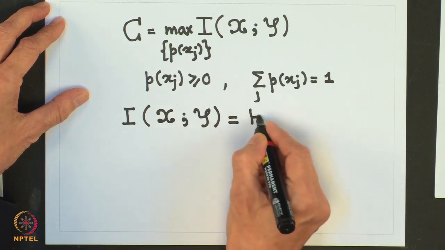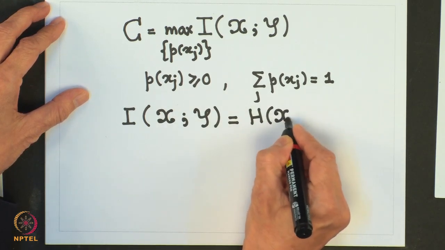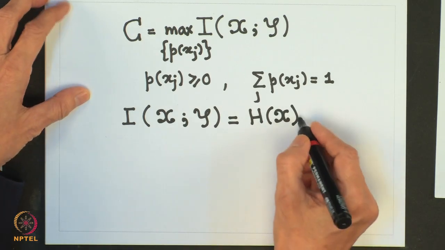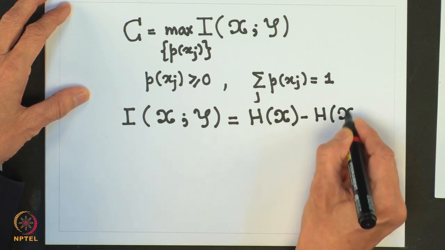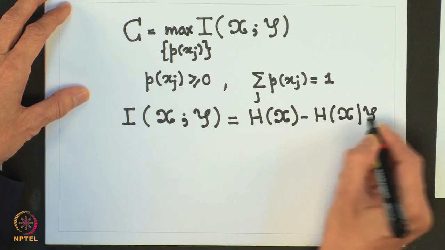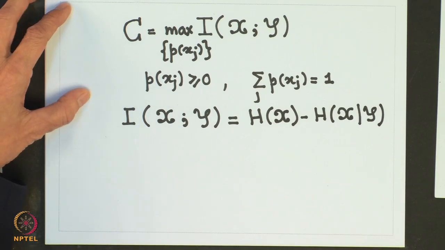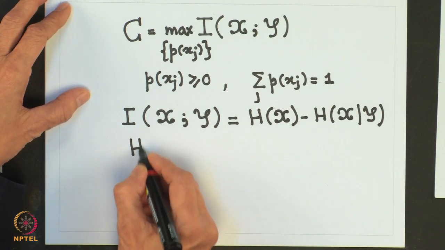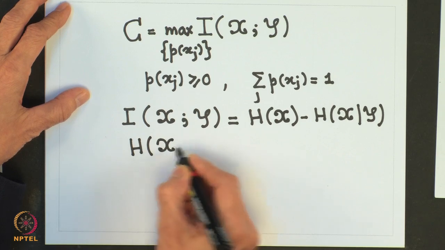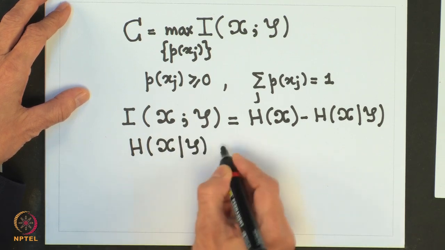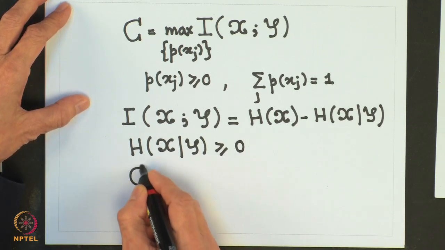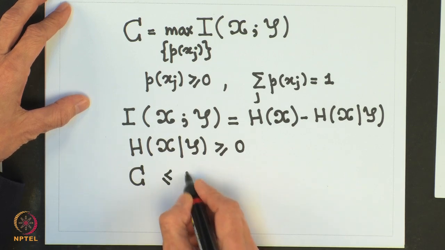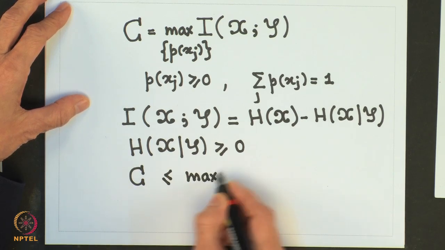Now, we also know that mutual information is equal to the entropy of X minus the conditional entropy of X given Y. Note that the conditional entropy of X given Y is always greater than or equal to 0. So, this implies that the channel capacity will always be less than or equal to the maximum of